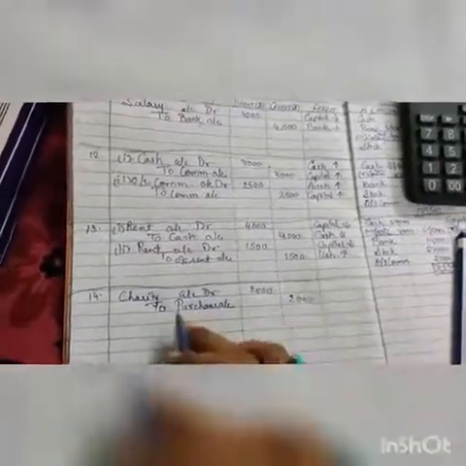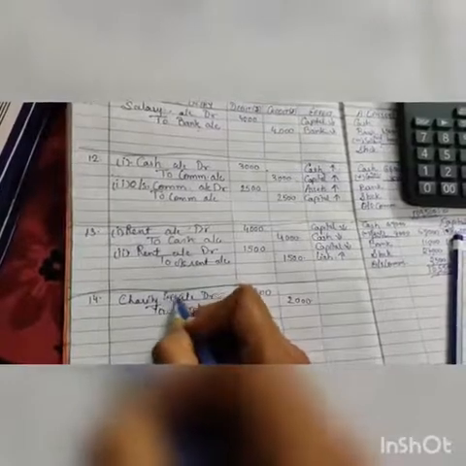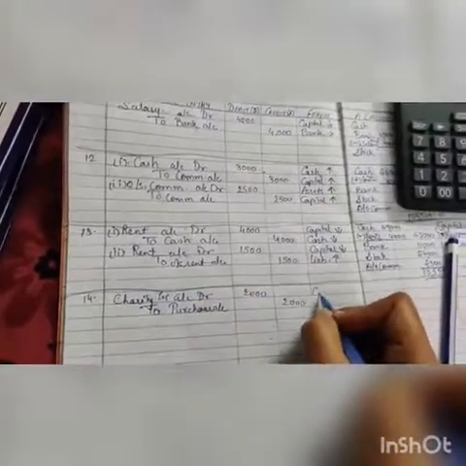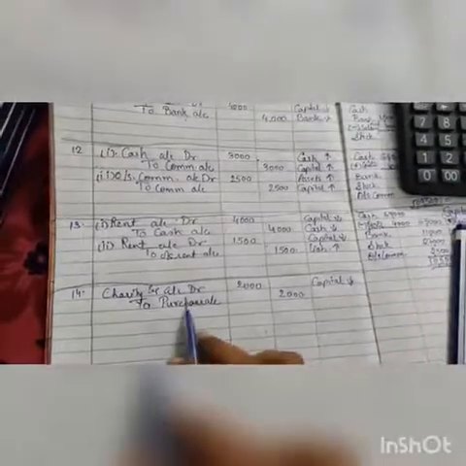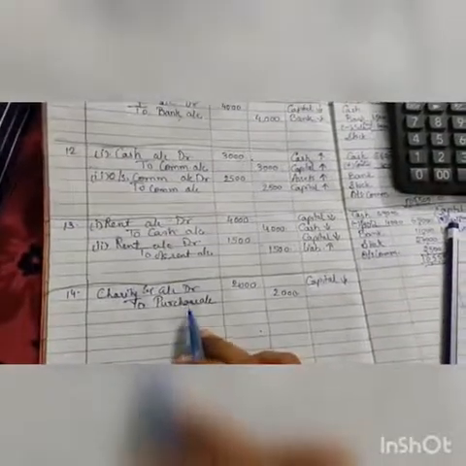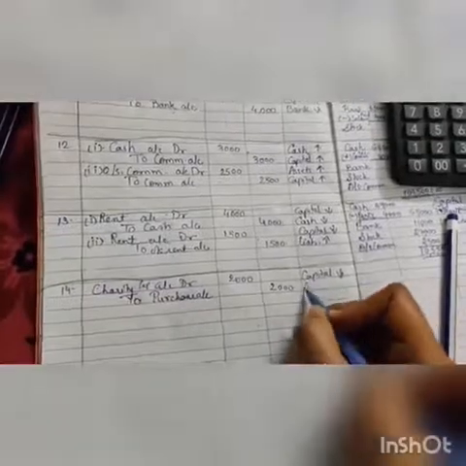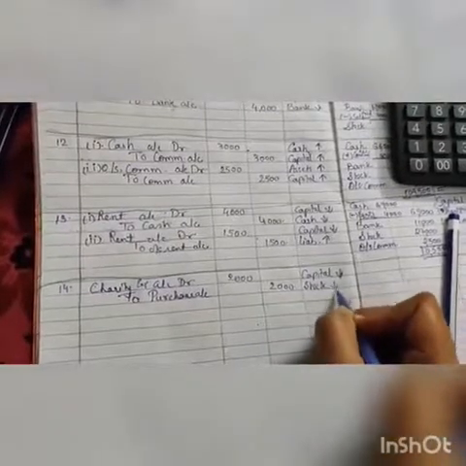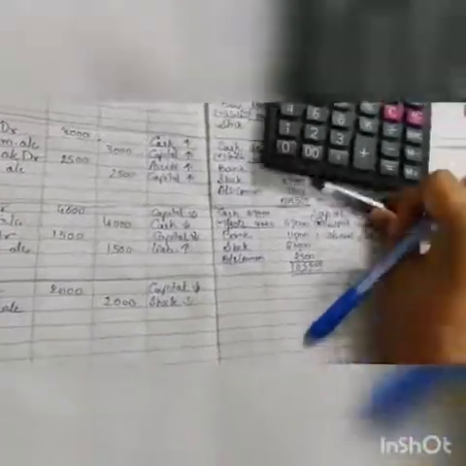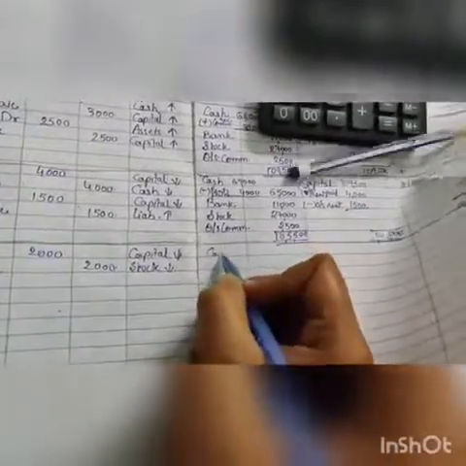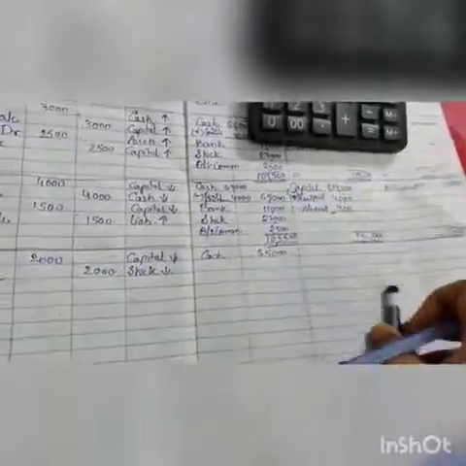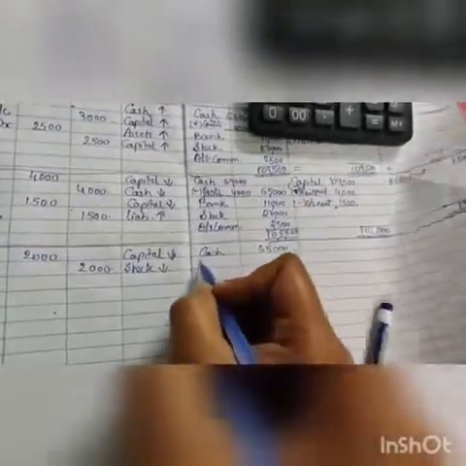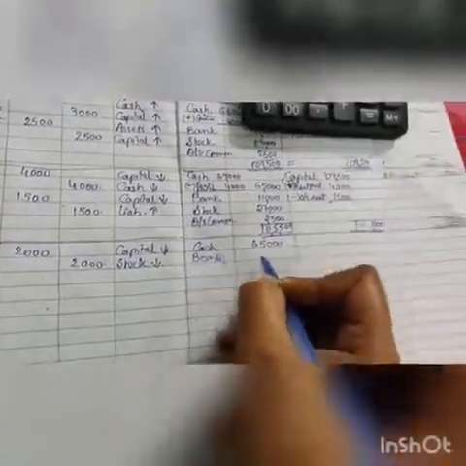Clear? Now what effect will it give? See, charity is one type of expense. Clear? So here capital will reduce in case of expense, we have seen that. And purchase, the goods are going from stock, so from stock also you will reduce the stock. So now what effect will come here? See, cash is how much? 65,000. Then after cash what is there? Bank.